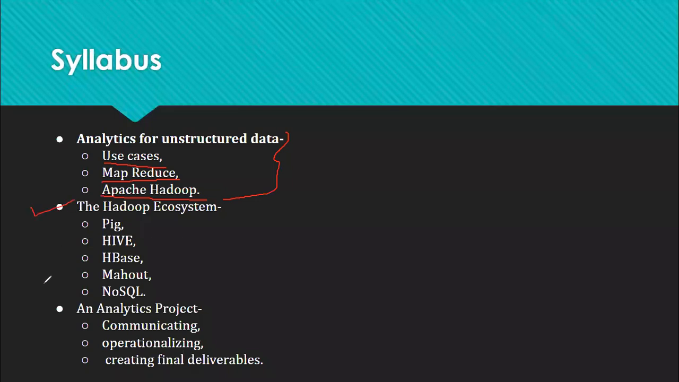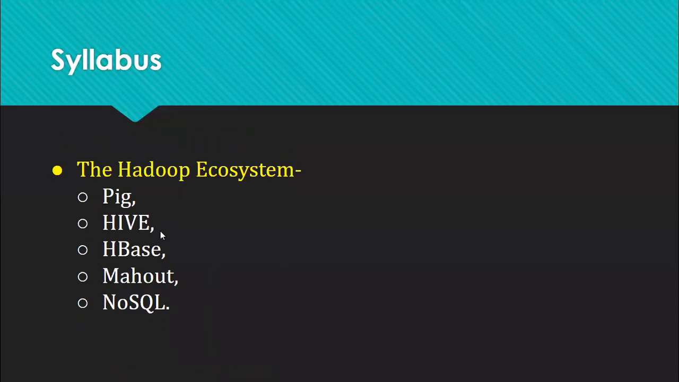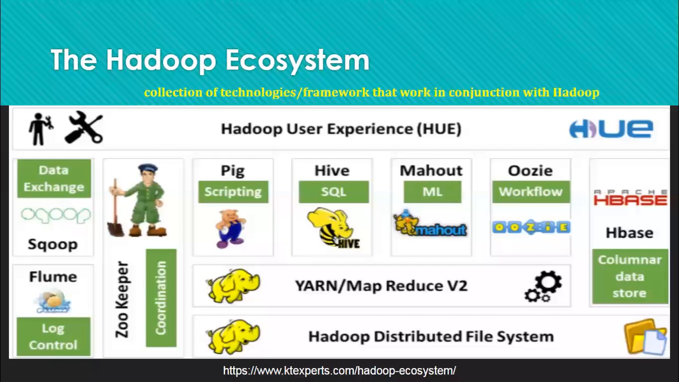Now we'll start with the second point, that is the Hadoop ecosystem. Ecosystem means, apart from MapReduce, what the different other applications or APIs are that are added in the Hadoop ecosystem for better functionality. So we are going to see here 5 different points: Pig, Hive, HBase, Mahout, and NoSQL. Apart from this, the Hadoop ecosystem has many other versions and ecosystems also. So this is a simple diagram of